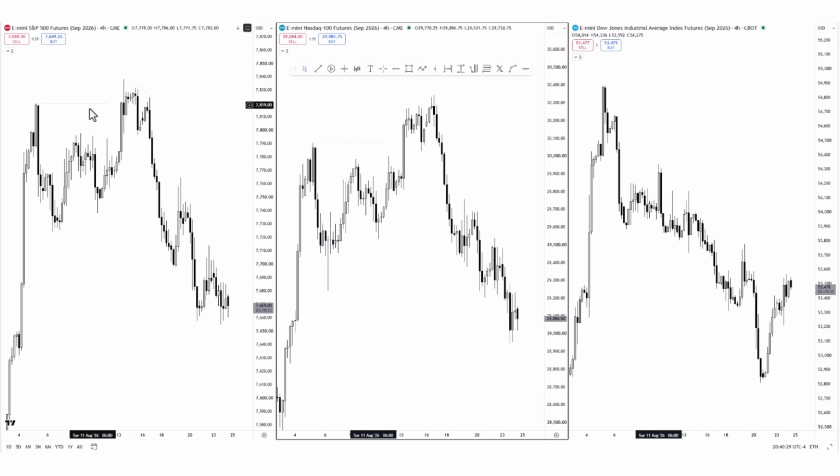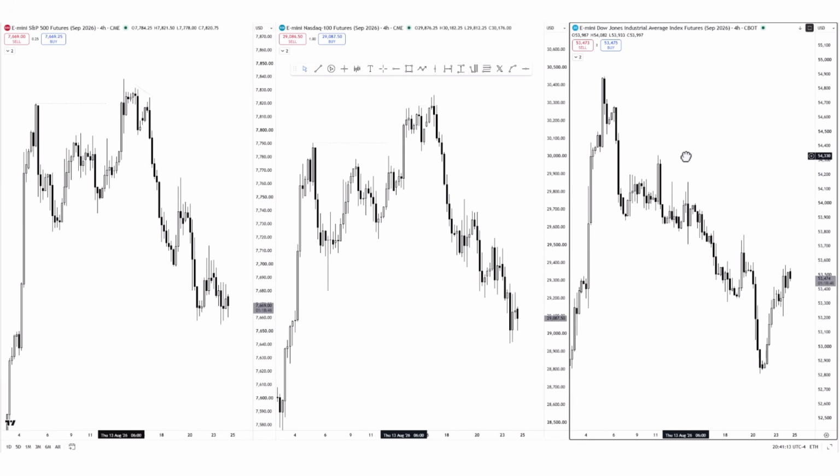So here we had a turtle soup run and stops on the first stage, which is the larger cracking correlation of these two. On the second stage for the S&P 500, we can see that it's a failure swing. Here, for the Nasdaq, we can see that the first stage is very similar. We have a run and stops, but then what occurred? The second stage was a turtle soup here. So here we have the first stage being the same, and the second stage being a cracking correlation,